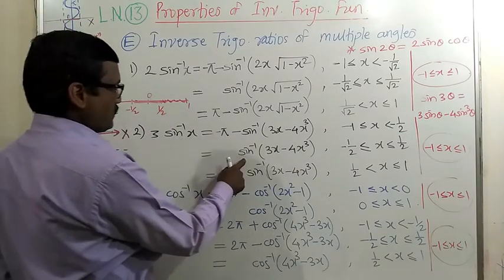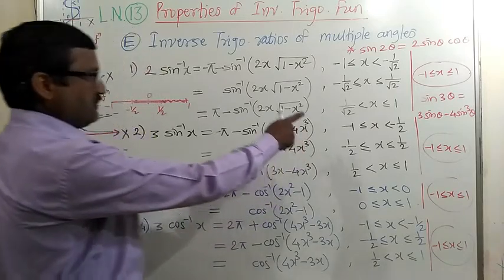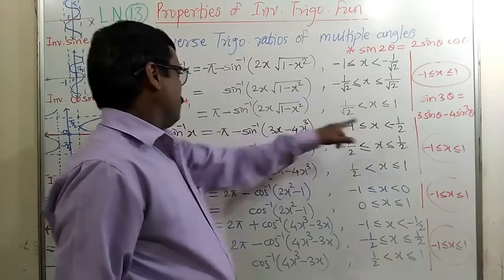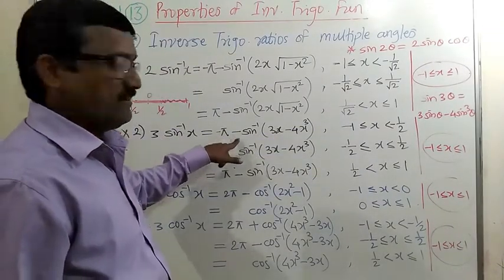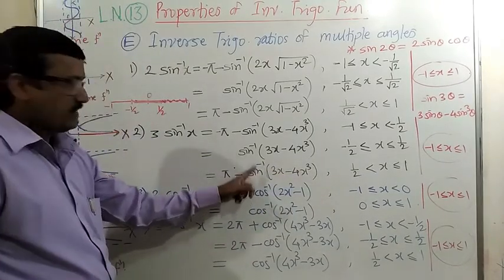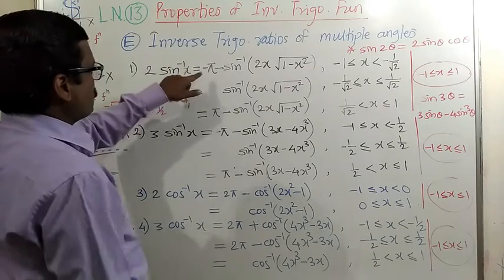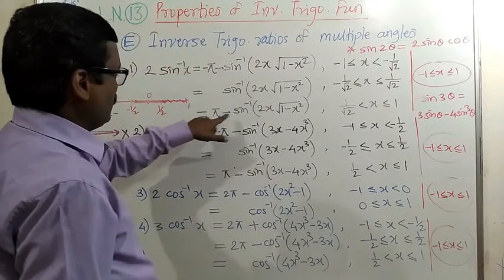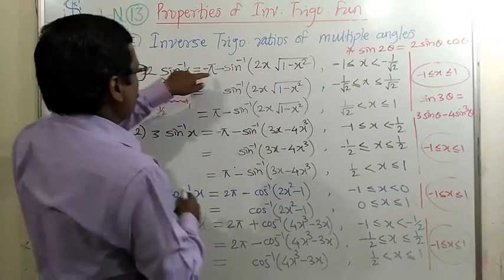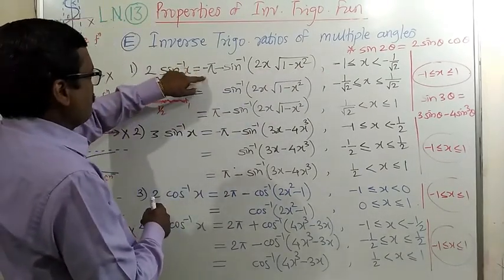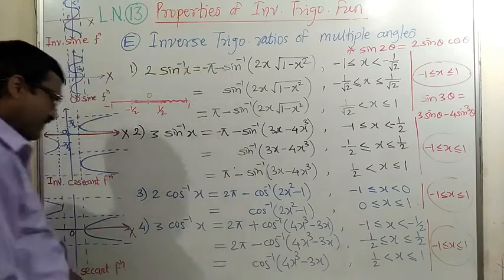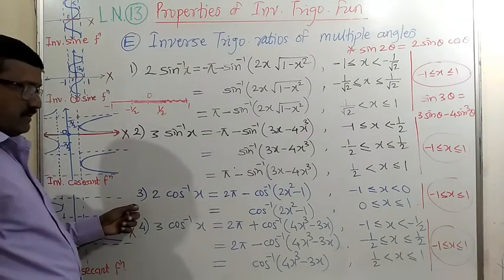sin inverse x is equal to sin inverse of 3x minus 4x cube. In the first interval it is negative, so negative pi minus sin inverse. The third interval is positive, so positive pi minus the same. So here also negative pi minus this, plus pi minus this. The middle term is the same. Whenever the interval is totally negative, subtract minus pi from negative sin inverse of this. Here add pi.